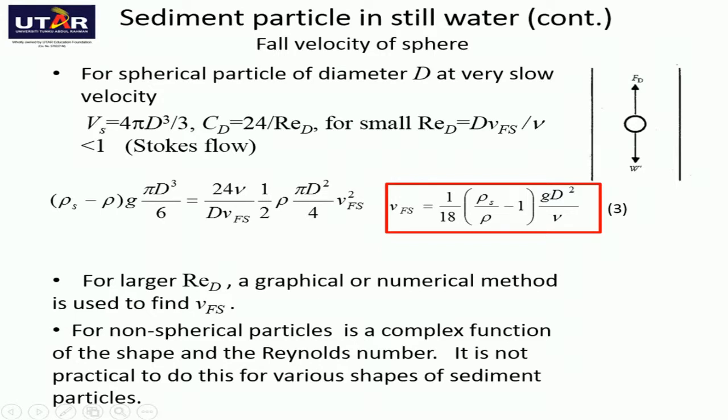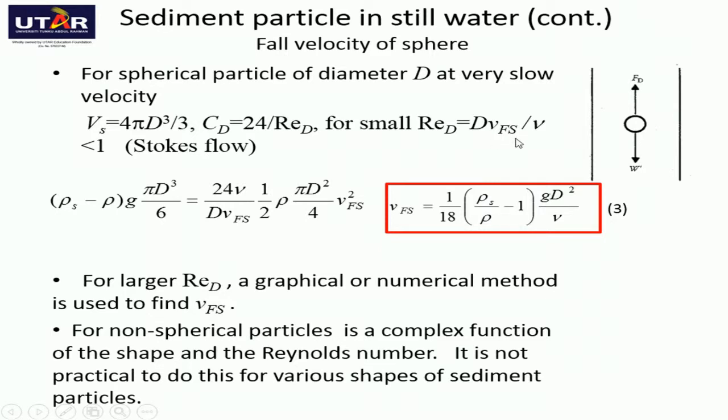For a perfectly spherical particle, we know that the drag coefficient Cd is a function of Reynolds number only. And if the Reynolds number is very small, in such cases as small particles like silt, the exact solution for Cd is available as the Stokes law, and it is given by 24 over Reynolds number based on d. Cd equals 24 over Red. This Red is a Reynolds number based on the diameter d